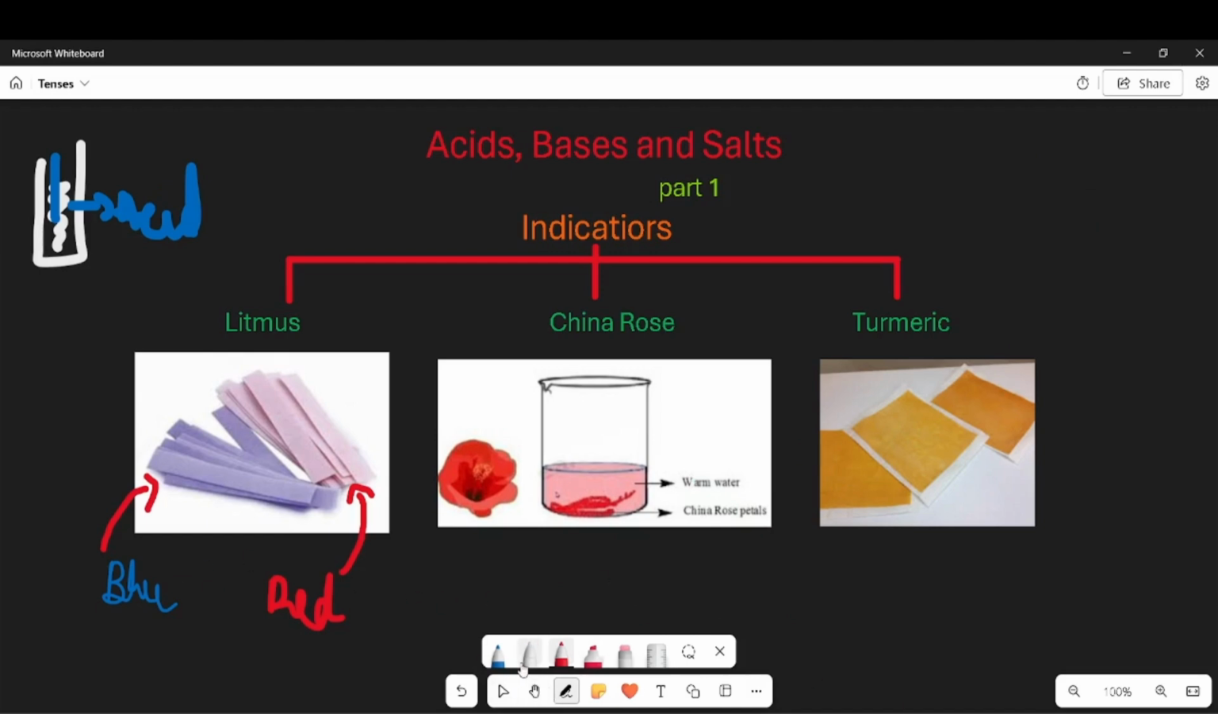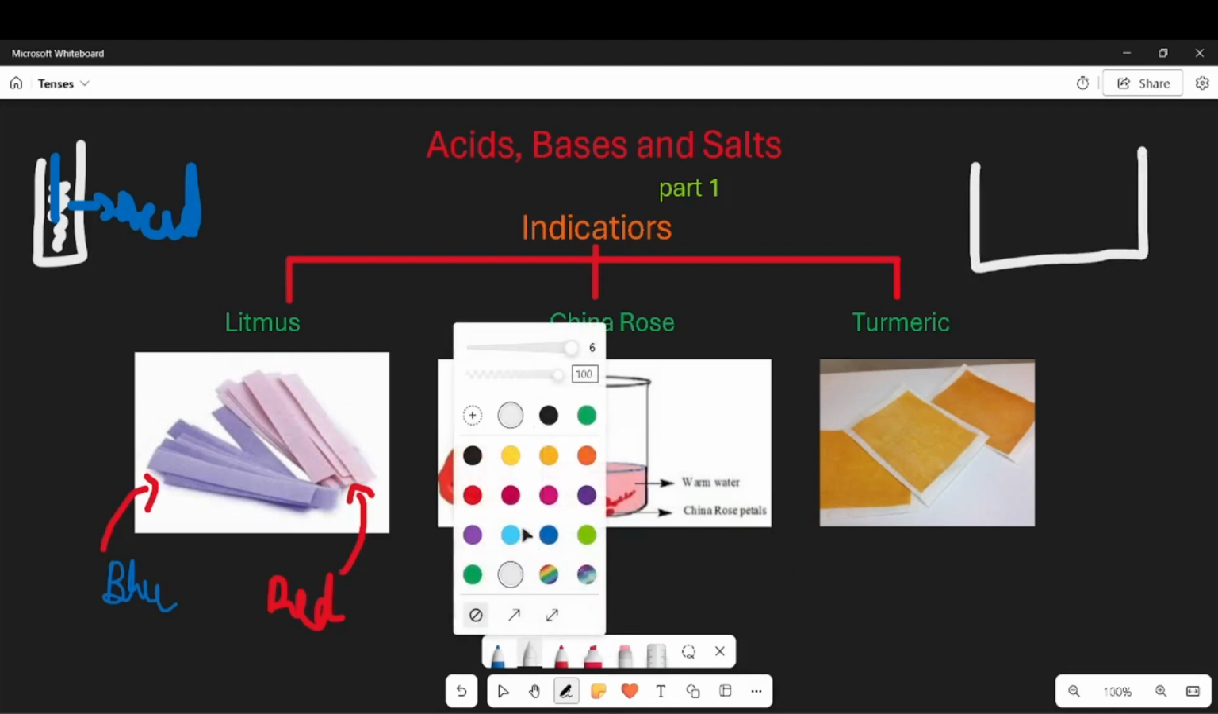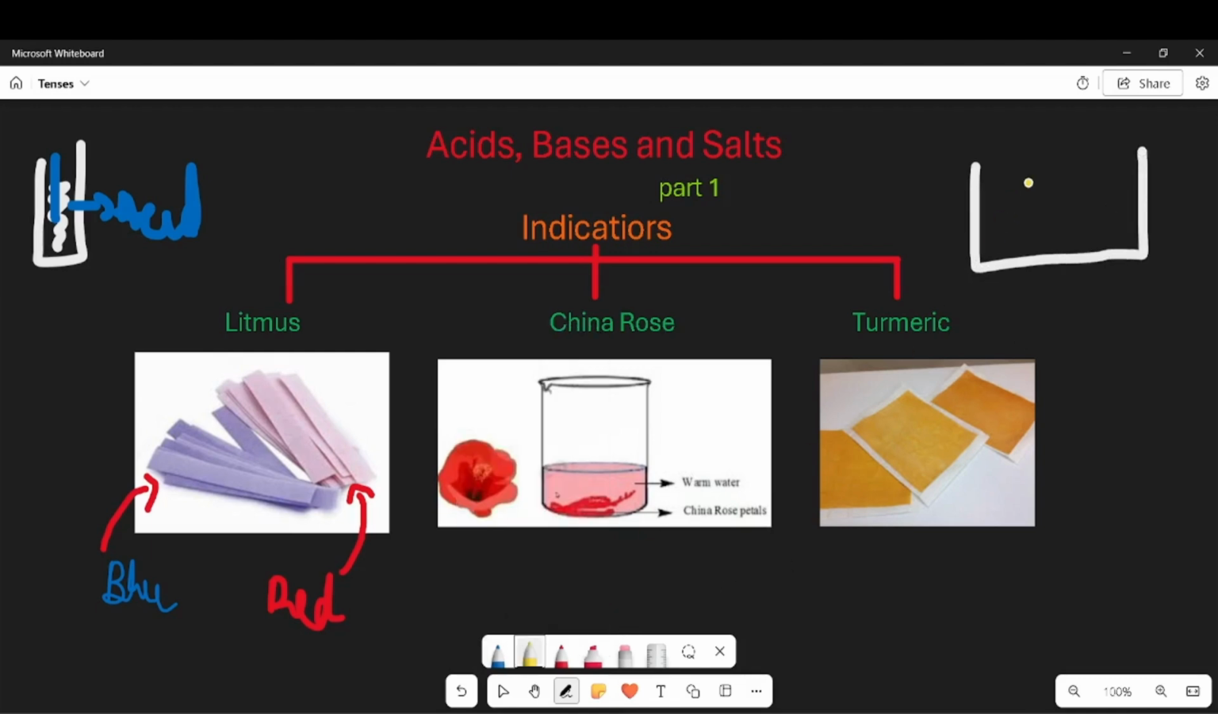Let's say I give you a beaker with lemon juice inside, and now I give you a blue litmus paper and you put it in. The part of the blue litmus paper that is immersed in the liquid will turn red, indicating that it is an acid. Now if we do the same thing with a baking soda solution,